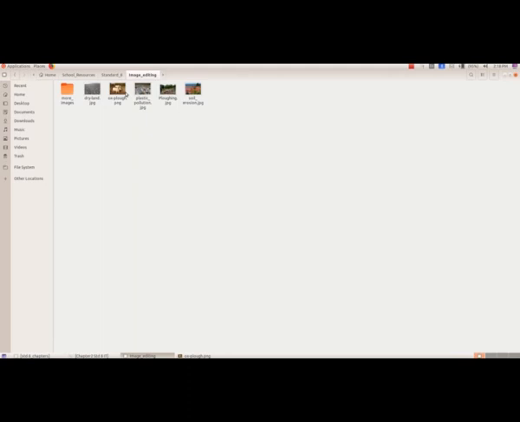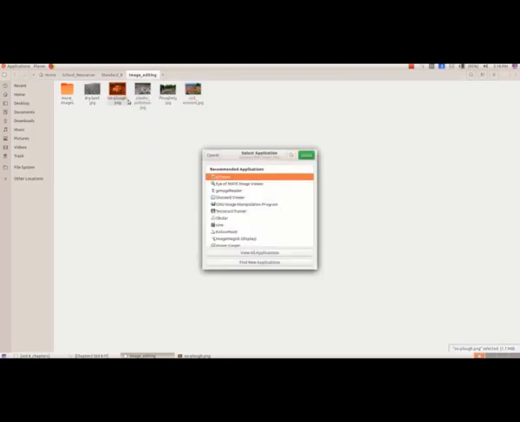And I told you we have different image viewers. And now we will open the same picture using another image viewer. So right click, and here we have the option open with other applications.